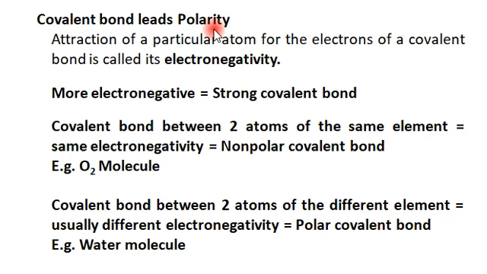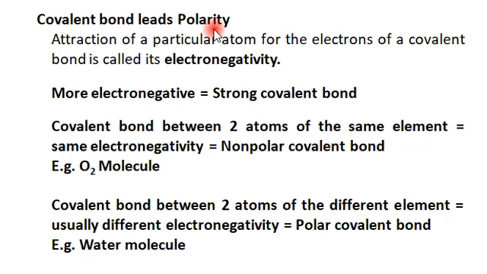Hence, both atoms possess partial charges. The force of attraction between two atoms is called electronegativity. When this electronegativity is more, the bond is called a strong covalent bond, whereas when the electronegativity is less, it's